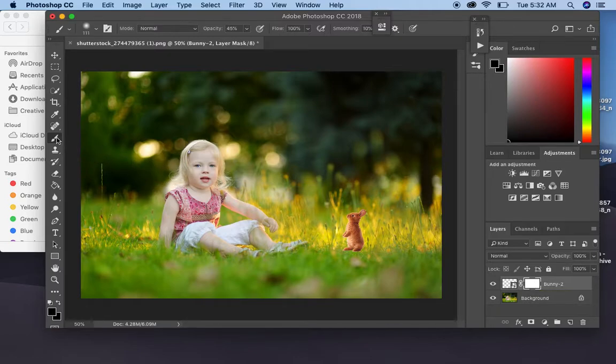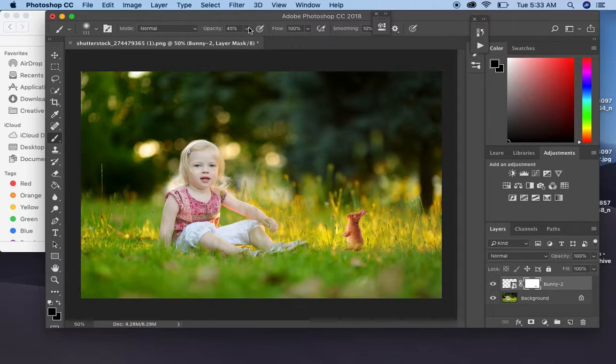So you'll come up and hit your brushes, and then come down and make sure that your color is switched to black. So with a brush and an overlay, when you have the overlay mask, the black brush will paint the overlay off, the white will paint it on. So because we want to blend it in, we want to take some of the feet off. So you'll just come over with a black brush